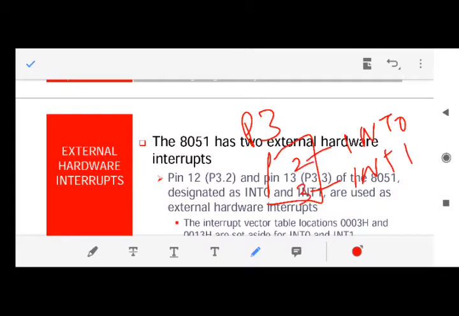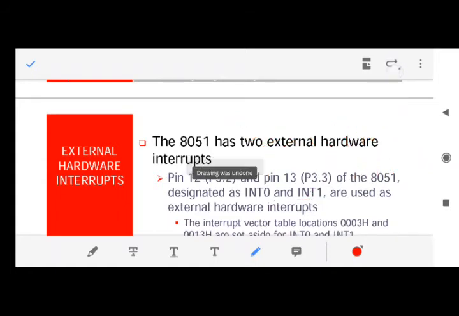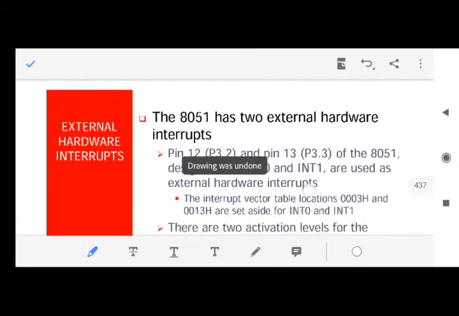These are pin number 2 and pin number 3 of port 3, which are used to get the interrupt from external hardware. And that means whenever 8051 is executing some program, an external hardware can send a signal through this pin to tell 8051 that I need to interrupt your work, I need the attention of 8051. Fine. So let's see how it works.